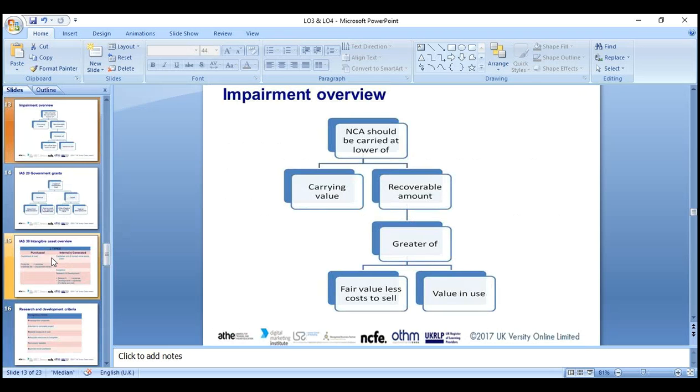Okay, next we're looking at non-current assets. What is meant by non-current asset? Non-current asset means the long-term asset, known by the short abbreviation NCA, and should be carried at the lower. According to the standard, we always need to record the transaction at the lower of cost or net realizable value. So for the asset we always need to find the carrying value, how much is the net book value we have.